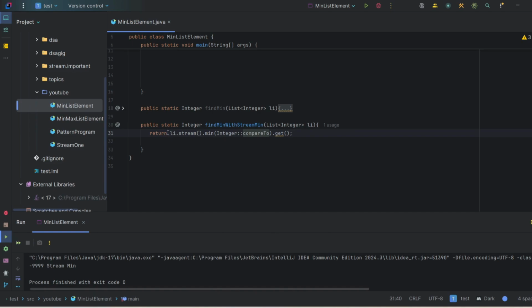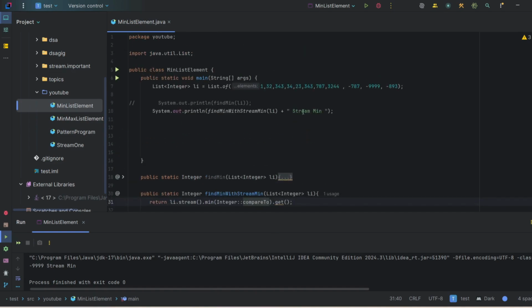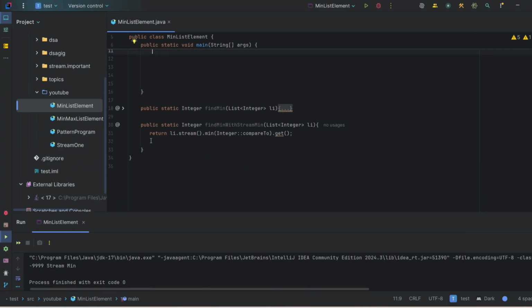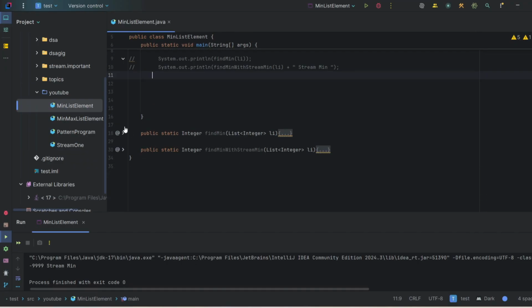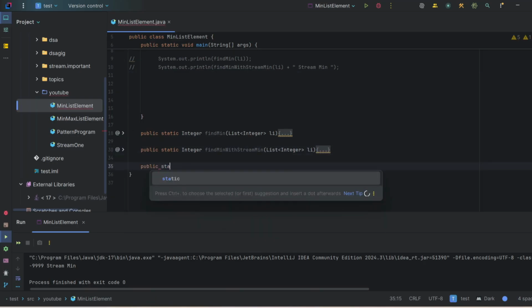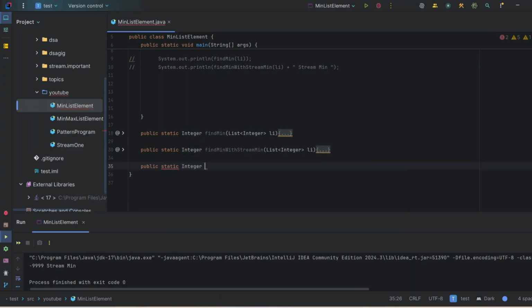Now let's see another way how we can achieve this using sorting. So here I will create another method. Let's minimize this. So public static, the return type is Integer, and findMinWithStreamSorted. Okay, so list of type integer and